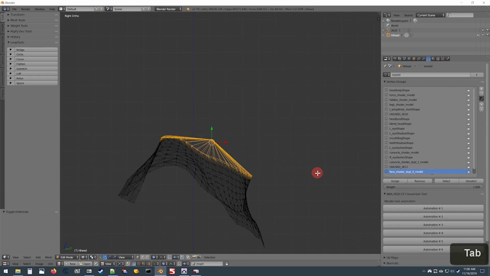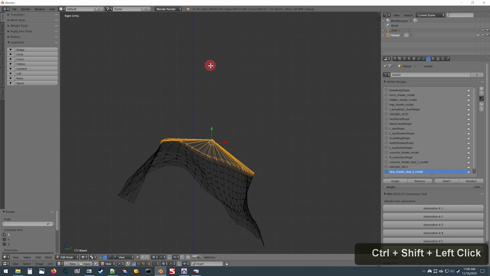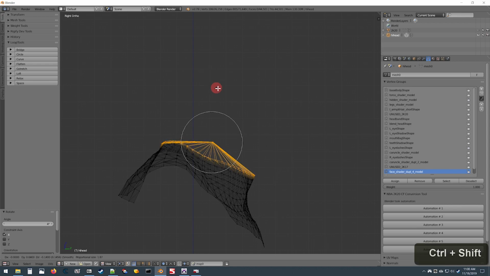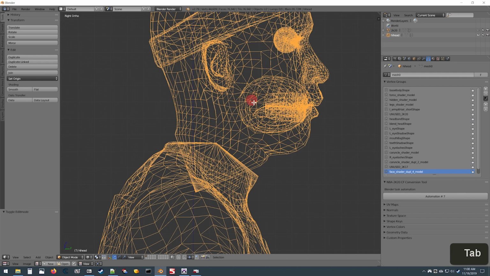So it definitely needs to be rotated quite a bit. Needs to be brought down and forward a little bit. It appears to be wider on the bottom part than the top, so